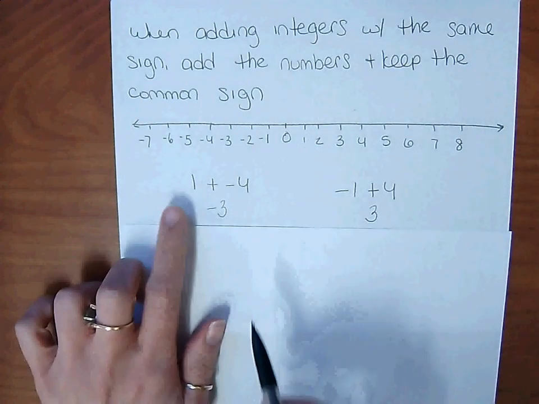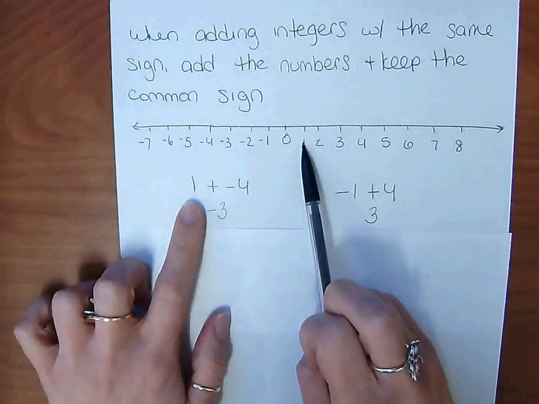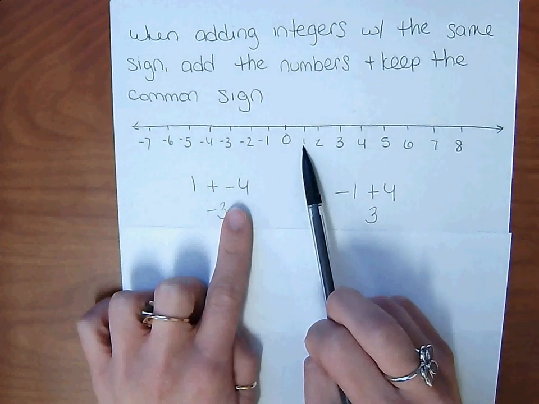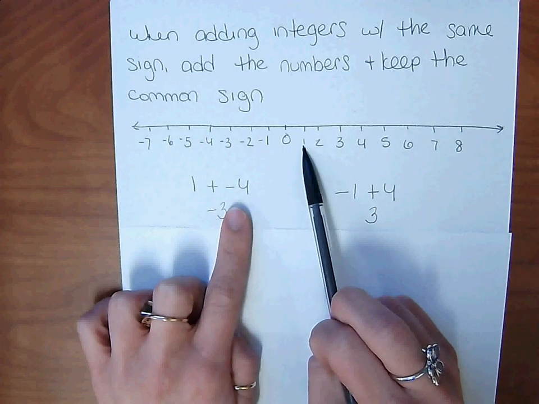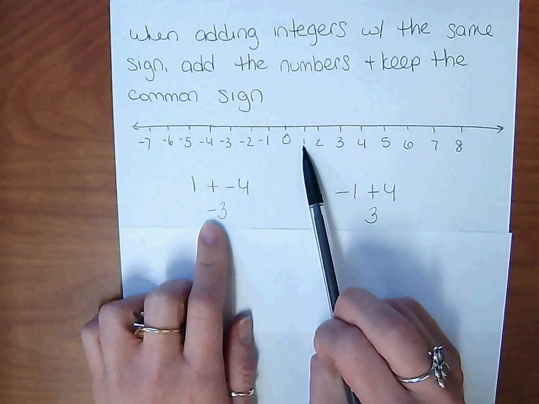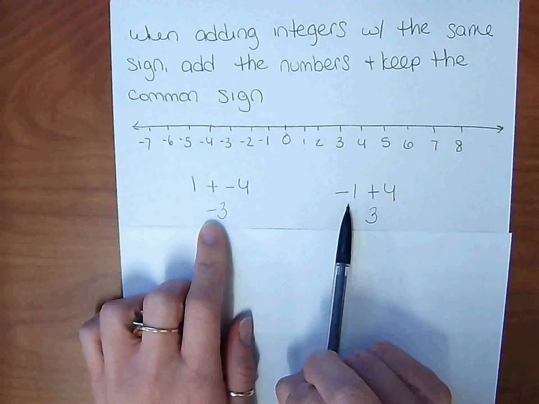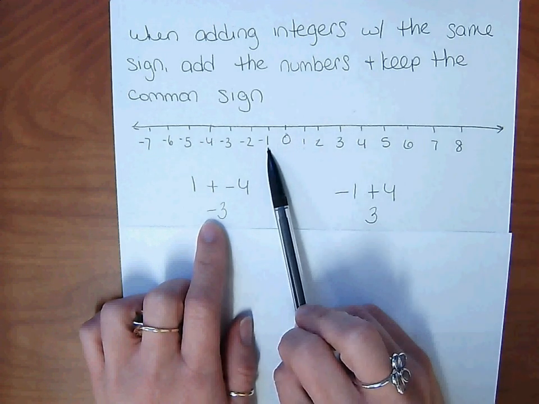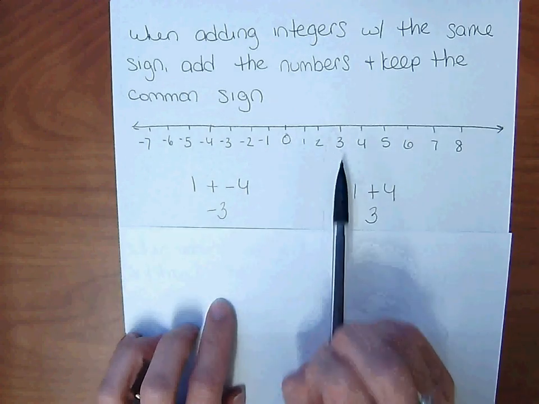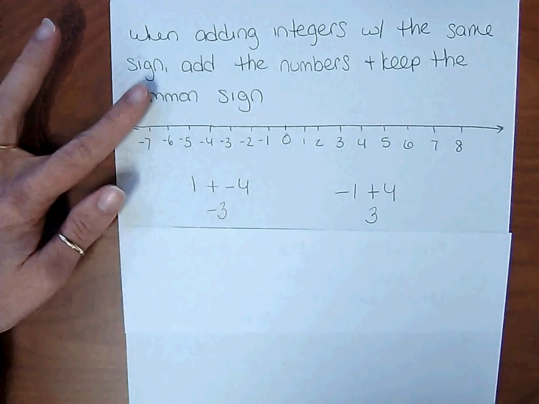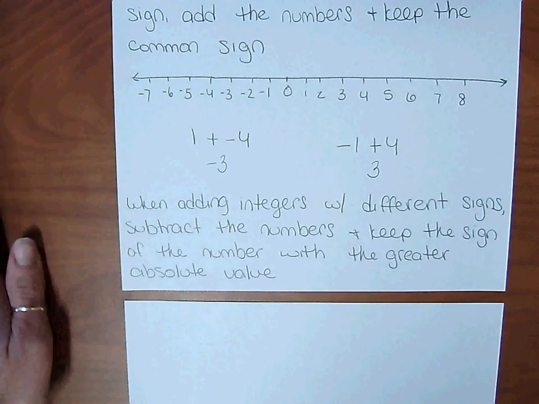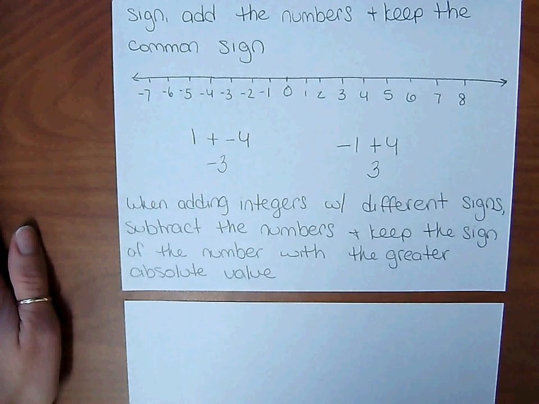When we started at positive 1, and then we were adding a negative 4, we're going more negative than where we were positive. So our answer is going to end up as a negative. Same here, we started with a negative 1, but we were adding more positive, so our answer has to be positive. So when adding integers with different signs, subtract the numbers and keep the sign of the number with the greater